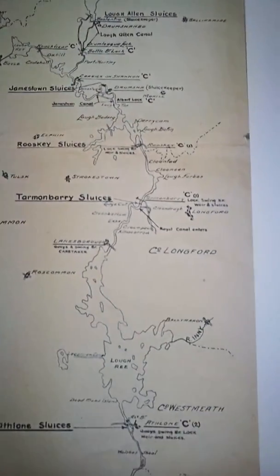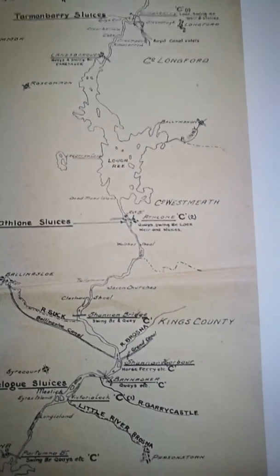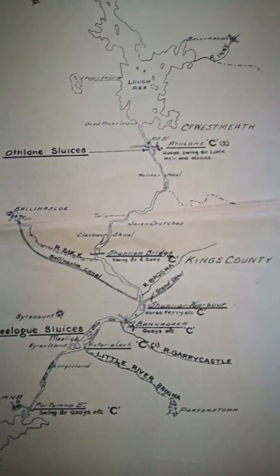To the map itself, from the source, I'll give you some of the details. You may not be able to see it all. So right through there to the source, Lough Allen sluice, all the sluices and details of them. Tamanbury, Jamestown, right down through Lough Ree, Athlone sluices. And I can't show you all the details, but it's there on the map, as you can see,